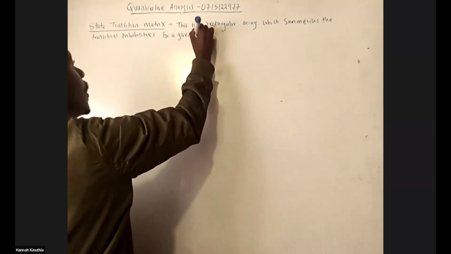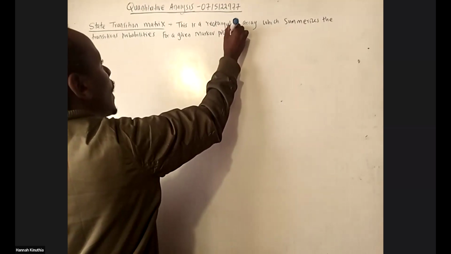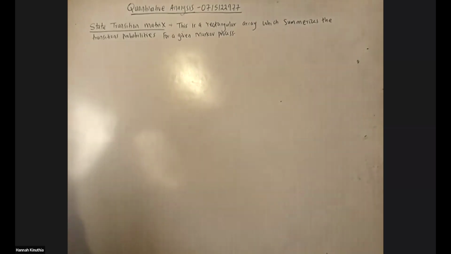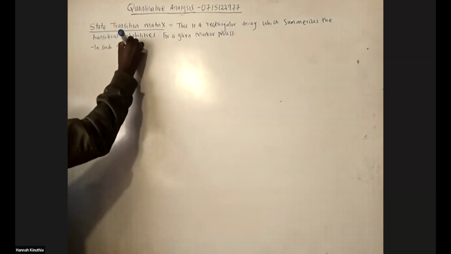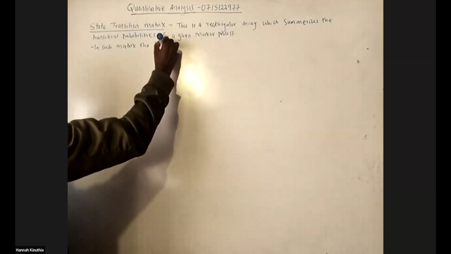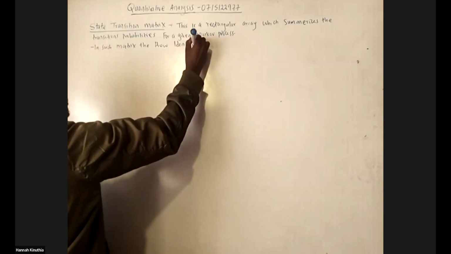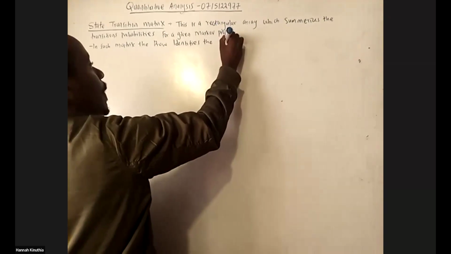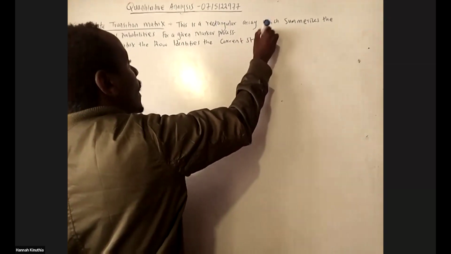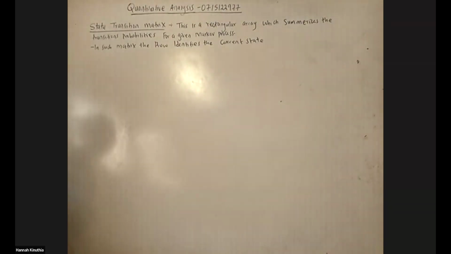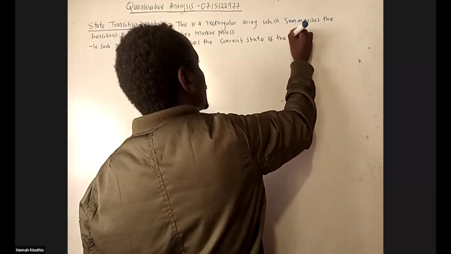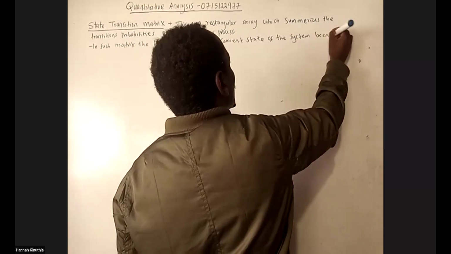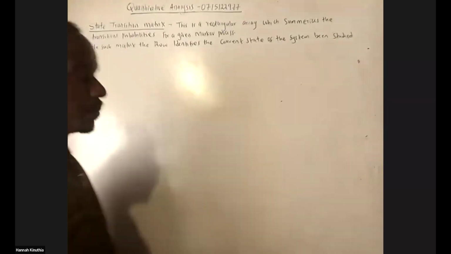For a given Markov process. In such a matrix, the row identifies the current state of the system being studied, while the column